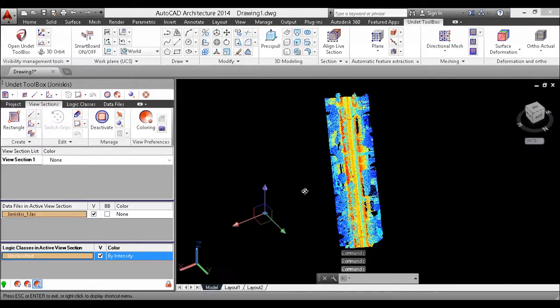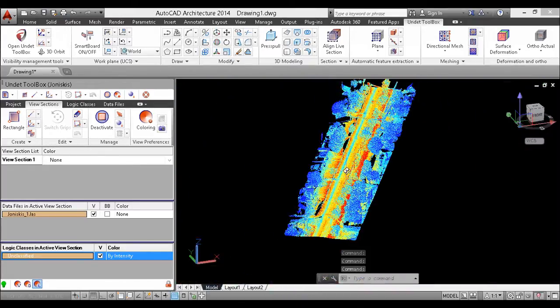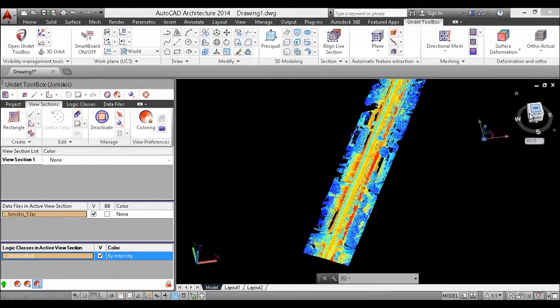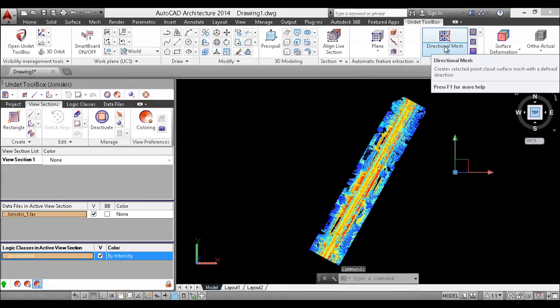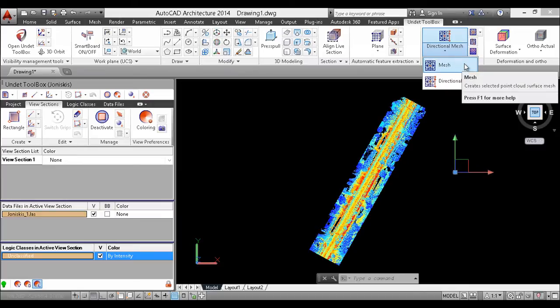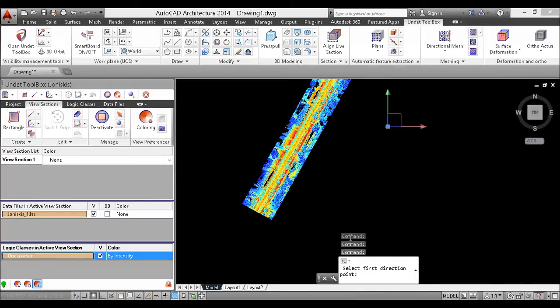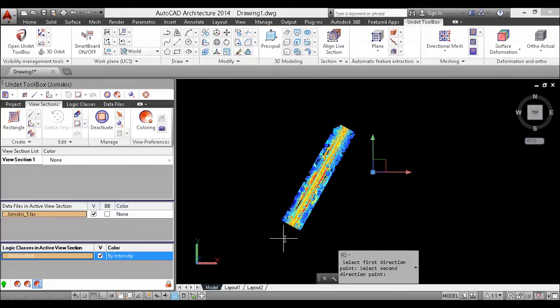And let's create a mesh and extract the road surface and the surrounding territory surface. For this reason, we have a dedicated place in the ribbon menu, and we basically have two options: regular mesh and directional mesh. The difference is that if you can clearly define where the mesh should go, then you use directional mesh, but if not, the regular mesh is okay. So in this case, I will use directional mesh, and the first thing that you will be asked in the command line is to set first direction point. So basically you need to approximately show the vector with a line like this,